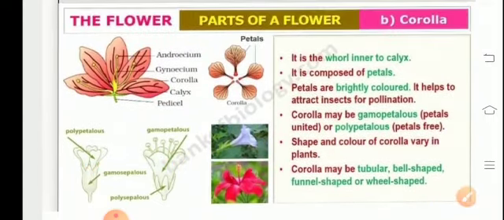In this module, we had a detailed discussion on flower, which is the reproductive part of the angiosperms. We discussed in detail the 4 different whorls, that is the calyx, corolla, androecium and gynoecium, and talked about the classification of the flower on the basis of symmetry, on the basis of whether they are unisexual, bisexual, and whether they exhibit trimerous, tetramerous or pentamerous condition. In the next module, we will be discussing inflorescence in detail. Hopefully, you must have garnered all the concepts thoroughly. Thank you.